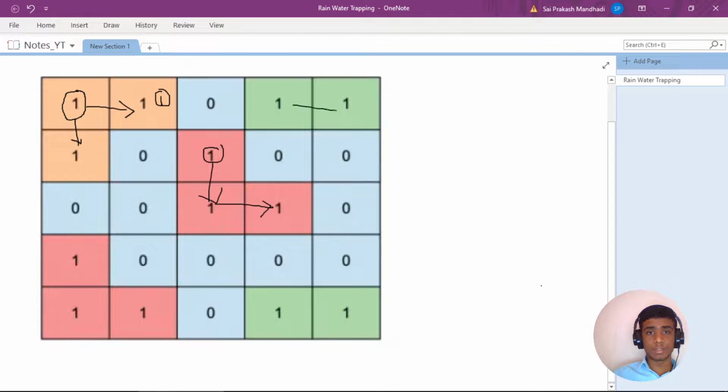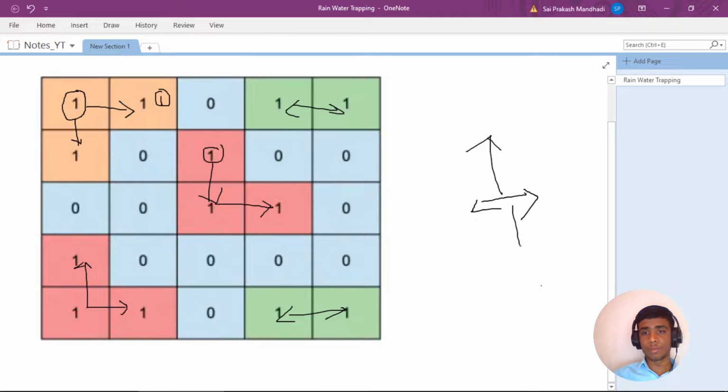Similarly this becomes an island, and this becomes an island, and this becomes an island. So in this case we have four islands, because this will be connected to this, and this will be connected to this. So everything is connected either in the horizontal or vertical direction.